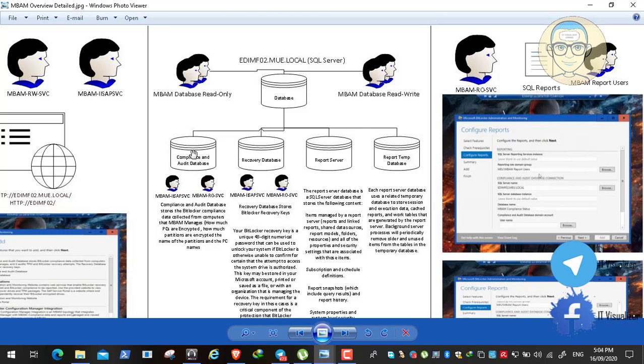Okay, so the one that will be responsible for reading from this database and creating reports is the MBAM read only service account. During the installation of the MBAM, it will create 4 databases. We will assign the read only group and the read and write group to the compliance and the recovery databases, and we will give the report users read